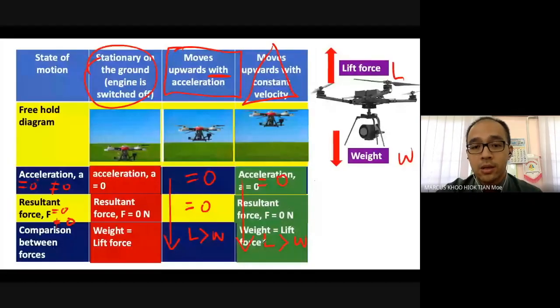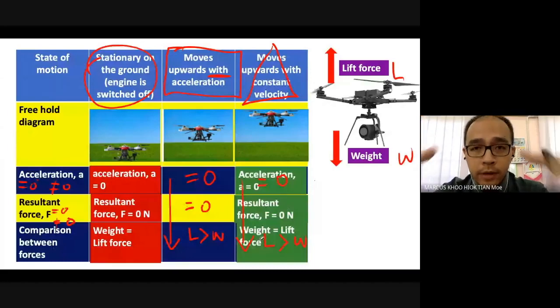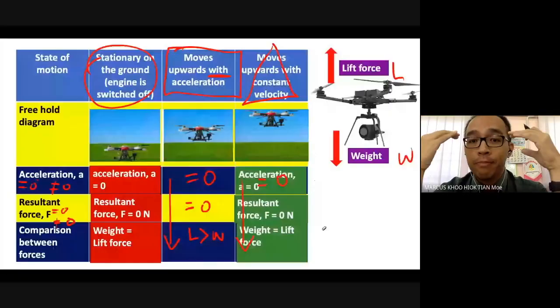Unfortunately for Louis, you only got 1 out of 3. This is something we must remember. Even if the thing is moving upwards with constant velocity, it doesn't mean that the lift force is bigger than the weight. The only way that the lift force can be bigger than the weight is if there is an acceleration,